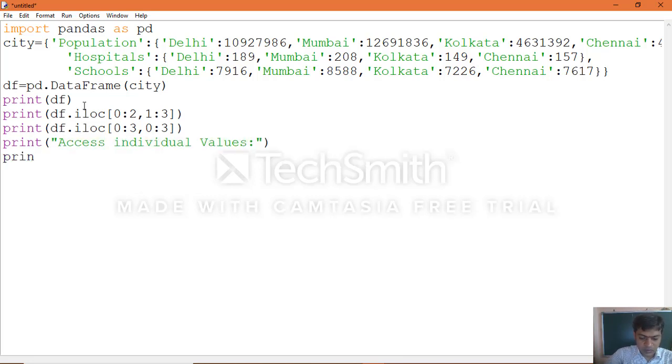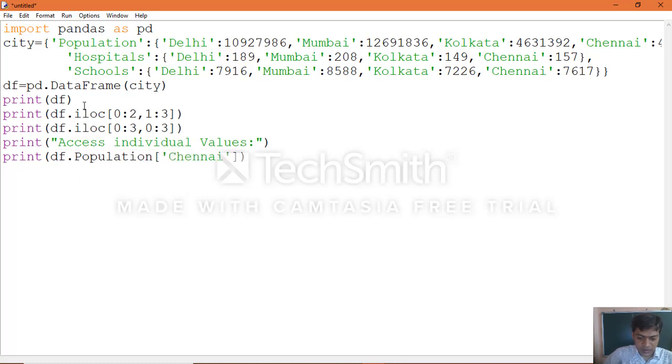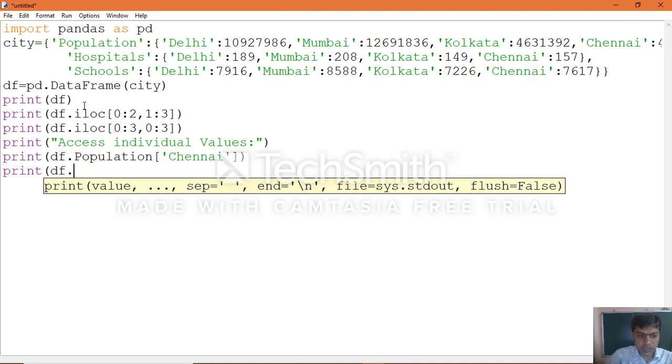Print of df dot population of row label, and close it. Like this you can add whatever information you want to get from the data frame.